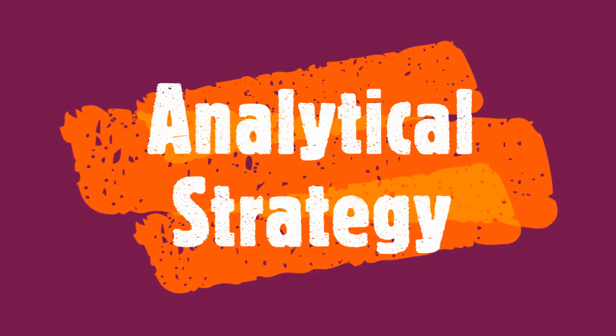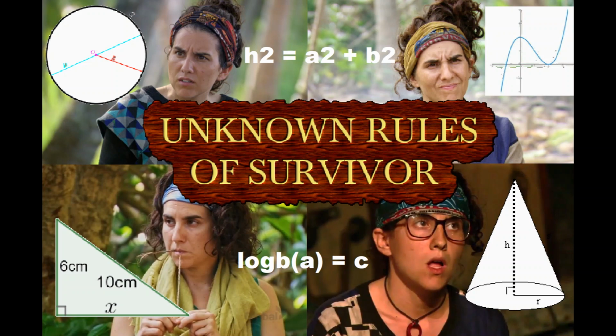Today we are talking about some unknown rules within the game of Survivor. Now I am sure within the Survivor rulebook they would have most if not all situations mapped out and what they would do if a specific circumstance were to arise. But I'm going to briefly discuss some situations we are yet to see play out in the game and therefore cannot say with confidence what the result would be in that given circumstance.